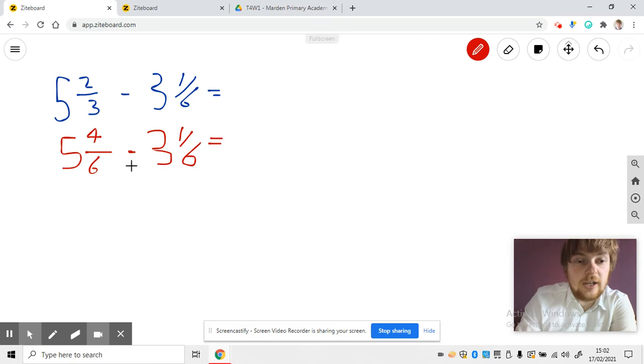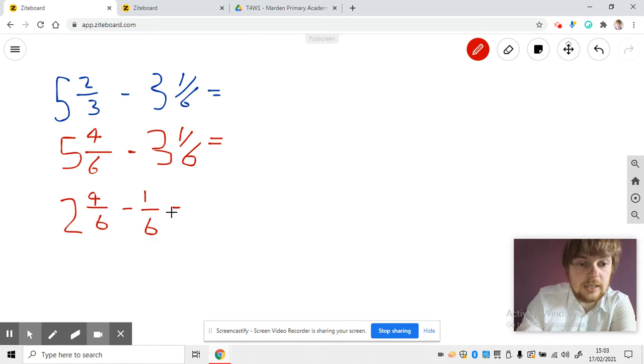What we're going to do first, though, to help avoid any confusion, we're going to just focus on our whole numbers here. So we have 5 subtract 3. Because if we remove one of the whole numbers, we end up with the same style question we had yesterday. So we do 5 subtract 3. We know 5 subtract 3 is 2, and therefore we have 2 and 4/6 subtract